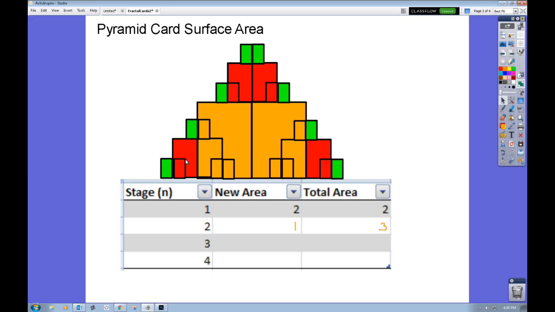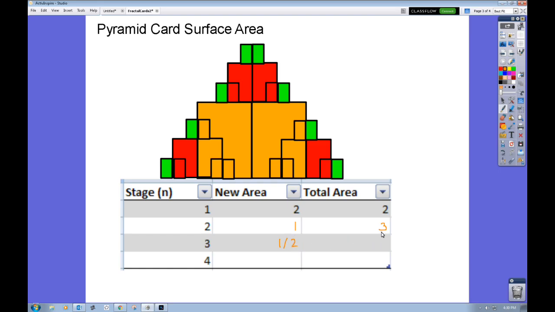Each green rectangle is a quarter of the red. Since red is a quarter of a square unit, a quarter of a quarter says that each green is a 1/16 of a square unit. We have 8 green rectangles. 8/16 is the same thing as 1/2 of a square unit of new area generated at stage 3,